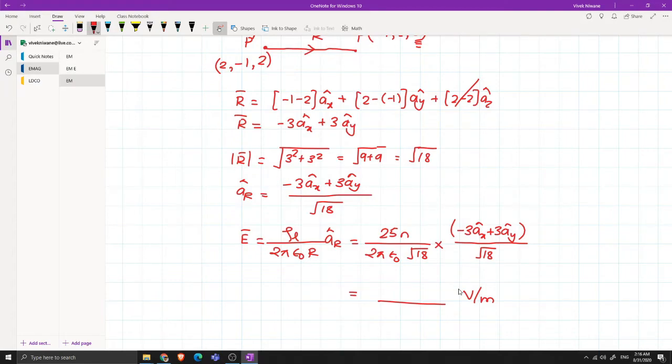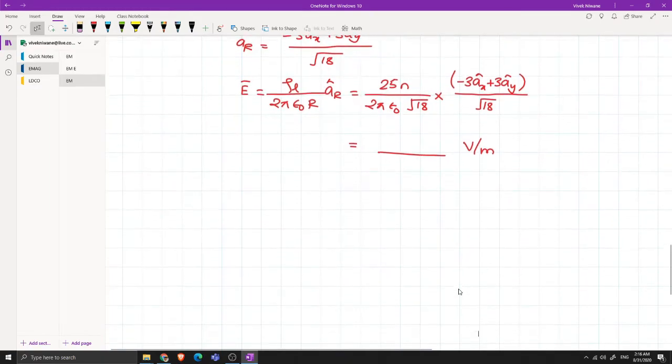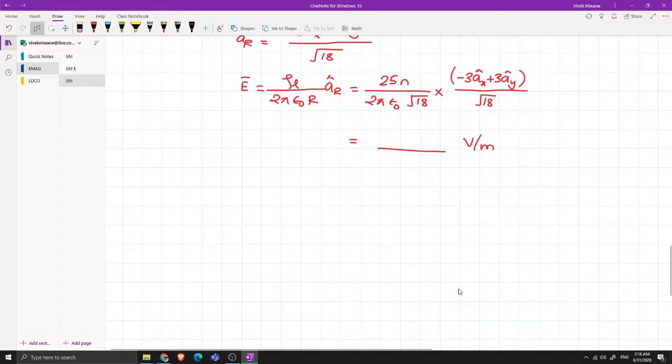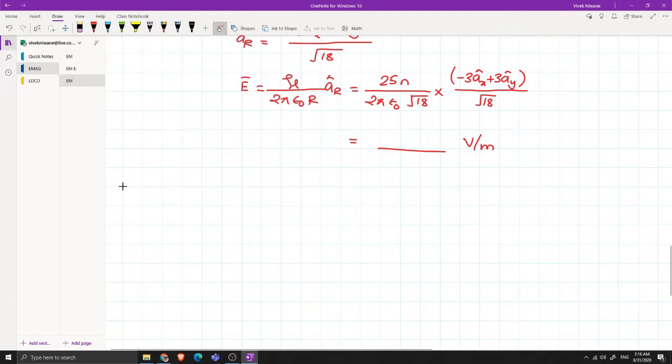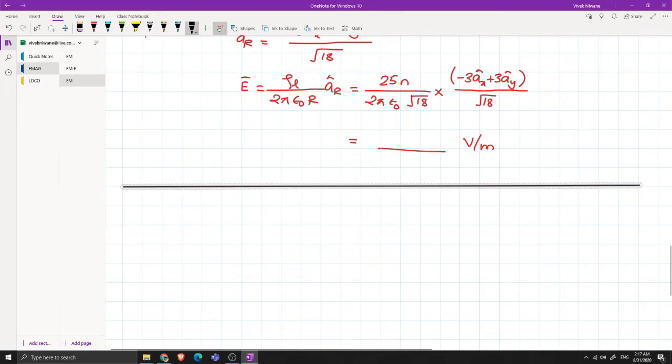Shall we go for a more interesting problem? I guess yes, we will go for a more interesting problem, but this time we do have a superposition. What do you mean by superposition? Let us see. Before going to that, we are going to write down the numerical statement. You will find it interesting.